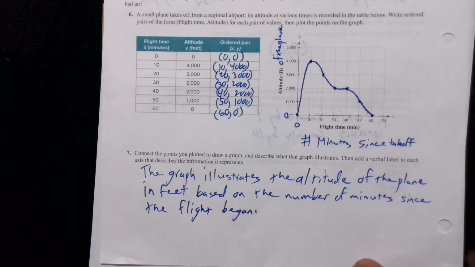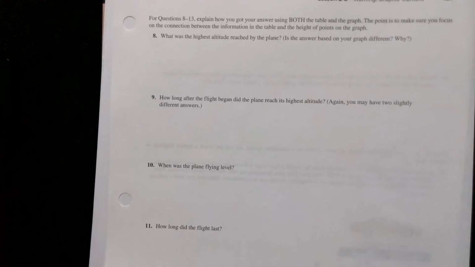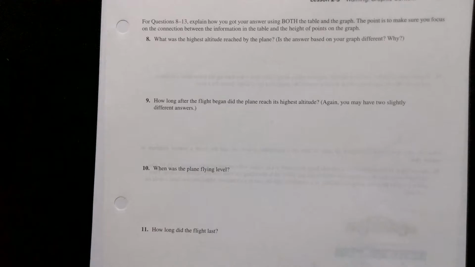Okay, now we move on to problem number 8 on page 137. All right, for questions 8 through 13, explain how you got your answer using both the table and the graph. The point is to make sure you focus on the connection between the information in the table and the height of points on the graph. Okay, so now it says, what was the highest altitude reached by the plane? Is the answer based on your graph different? Why? The highest altitude reached by the plane was 4,000